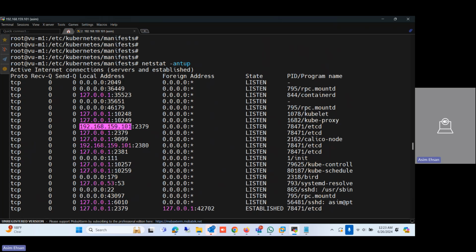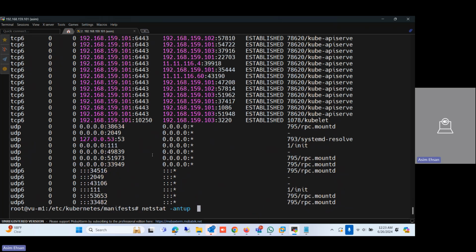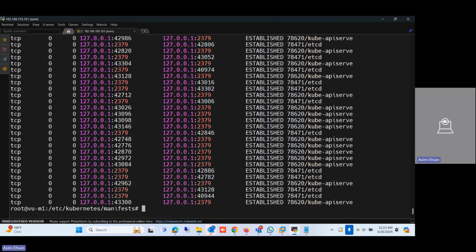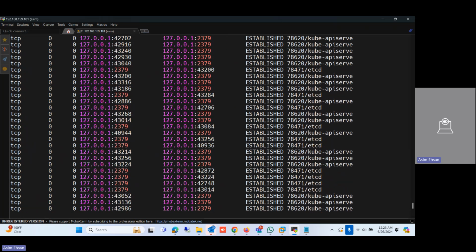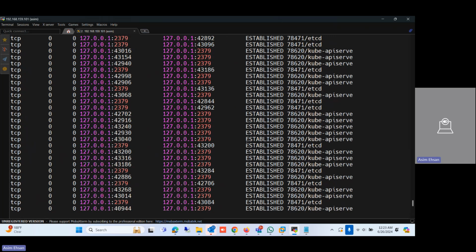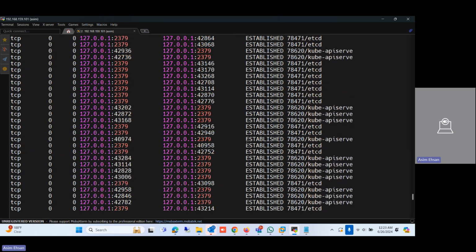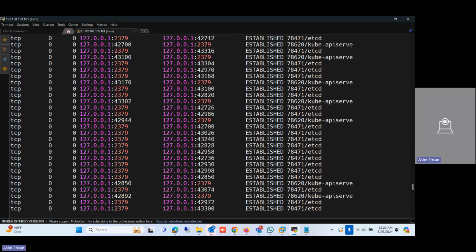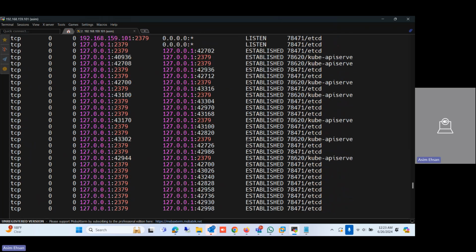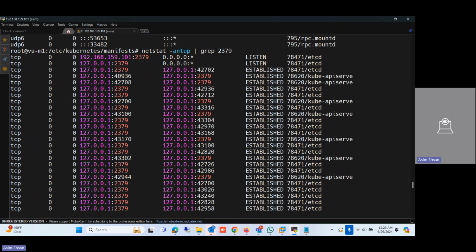So IP you can change, but localhost will remain localhost. To remember, 2379 is the port number of ETCD. And if I just do a grep to this port, you will see that all the connections with ETCD are made by the API server only. Scheduler or controller manager is not making direct connectivity